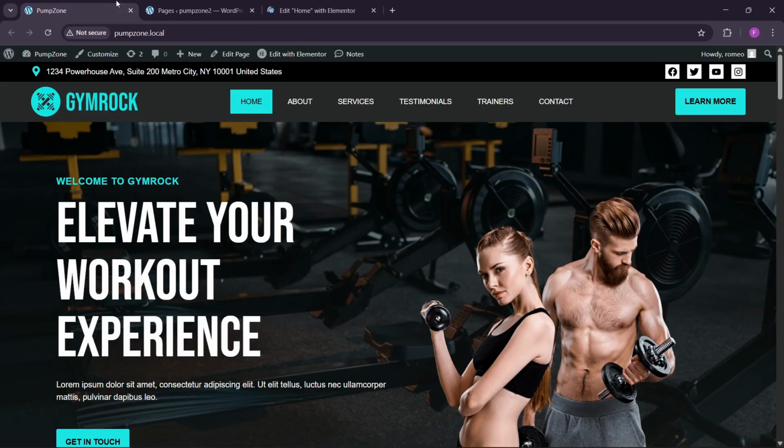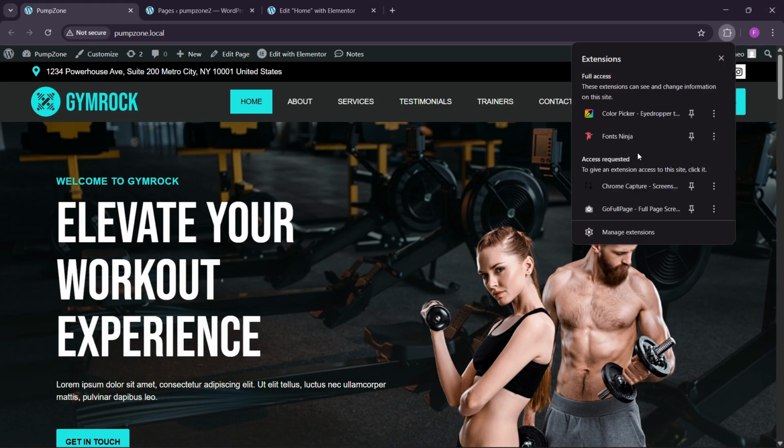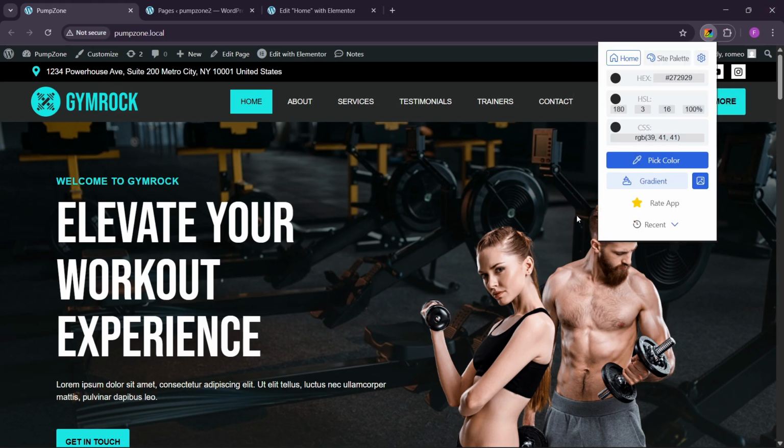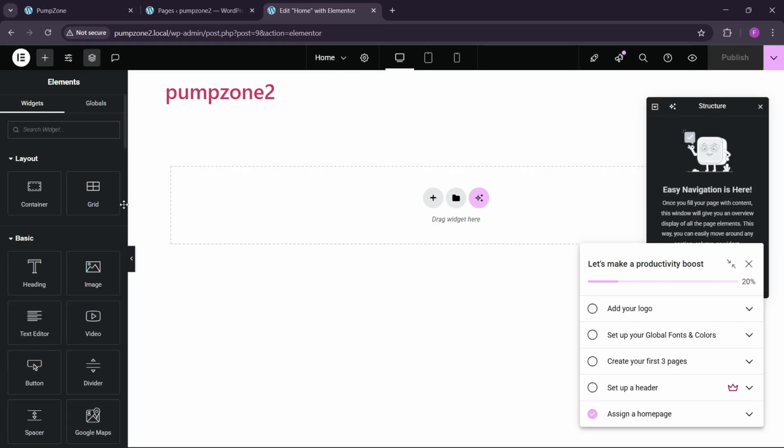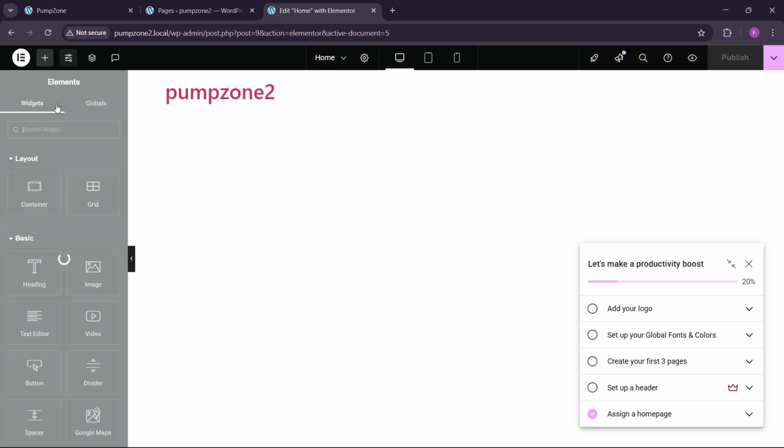So after that, let me copy the color codes and the fonts which we require for making this. So I'm going to use this color picker tool. I'm using the color picker eyedropper. It's an extension of Google Chrome, so you can just get it from the Google Chrome extensions store. So just click on this pick color. After that we have to go to the specific color where we want to pick, and it will automatically copy the hex code. After that we have to go to the site settings, so click on this settings,